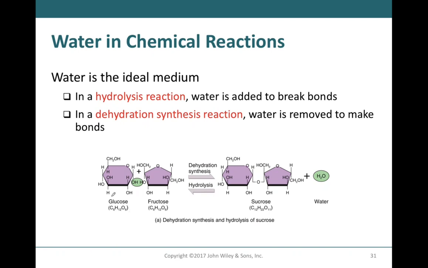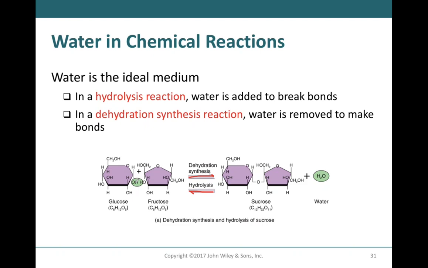So what we can see is we have glucose and fructose, which are two different types of sugar. You can see that the dehydration synthesis reaction progresses towards the right, and the hydrolysis reaction progresses towards the left. So with the dehydration synthesis, we're going to remove water and create new bonds. So this H2O, we have two hydrogens and one oxygen in this green circle. This is showing us water. If we remove water from this point in these two chemicals, that's going to allow us to create a bond